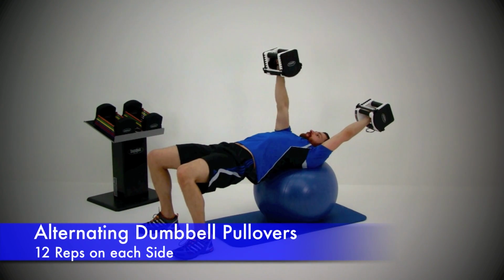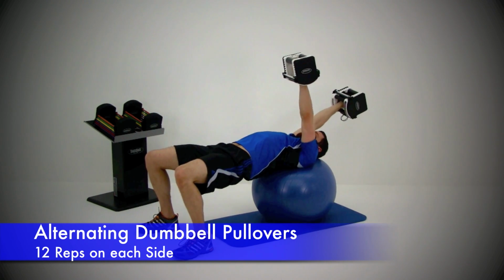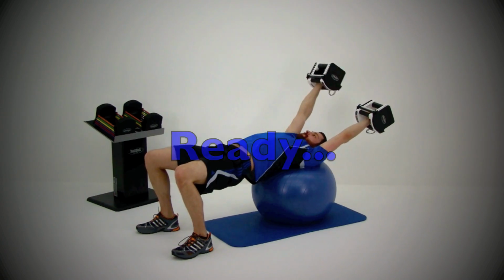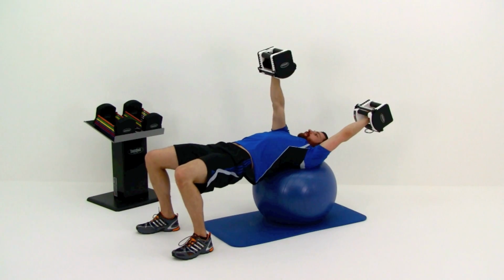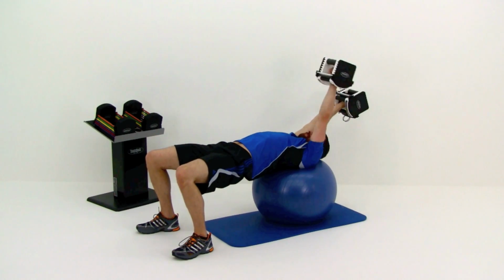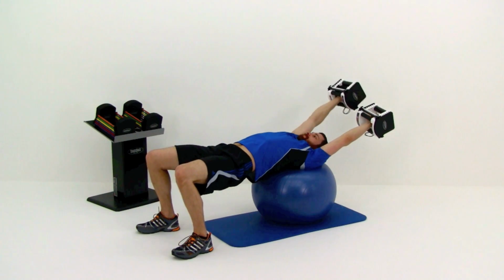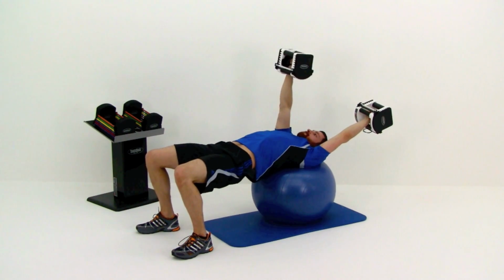This is an alternating dumbbell pullover. Traditional pullover, you're just doing it one arm at a time. Go ahead and get ready. And begin. Both arms drop over top of your head. That physio ball is right between those shoulder blades, up high enough that you can actually rest your head on the ball. Slowly lift one arm directly above that shoulder, no further in over that body, just straight up above